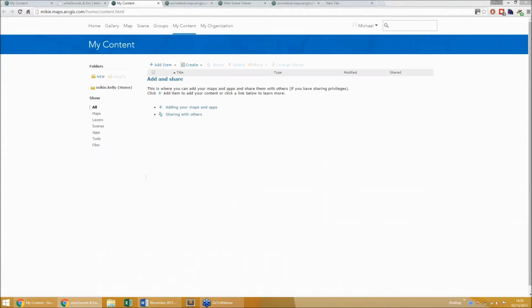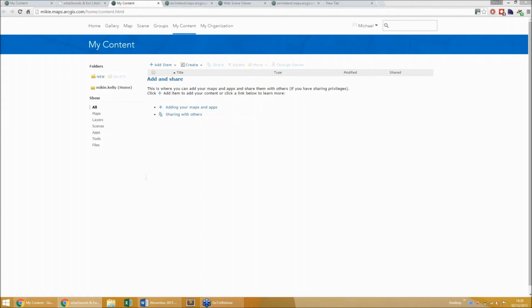Now, the first thing you have to do is actually set up a developer account. So you go into the what3words website, you go into the developer section, set up an account, and then you'll get an API key. Once you have the API key and you decide you want to integrate it with ArcGIS Online or ArcGIS for desktop or ArcGIS for server, you email what3words, and then they will send you back a password. So once you have that password, you can add the locator.